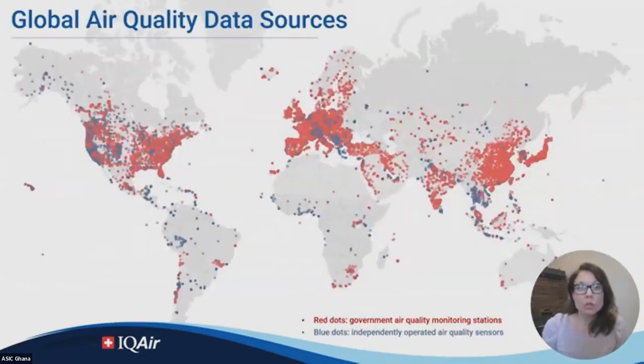This map shows the global distribution of ground-based air quality monitoring stations producing publicly available air quality data in 2022. The disproportionate coverage density is readily apparent and highlights the very real need for affordable air quality monitoring solutions. Just anecdotally, the city of Los Angeles has more sources of real-time air quality data than the entire continent